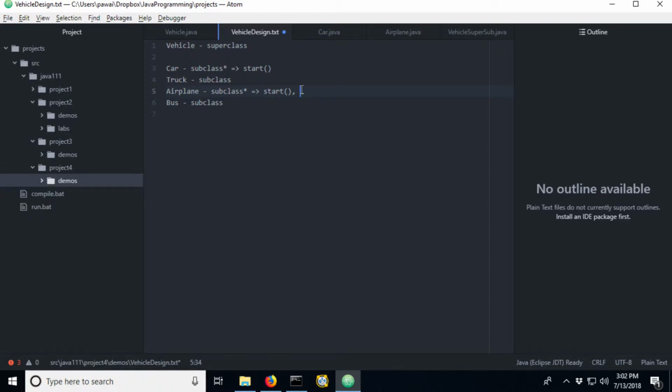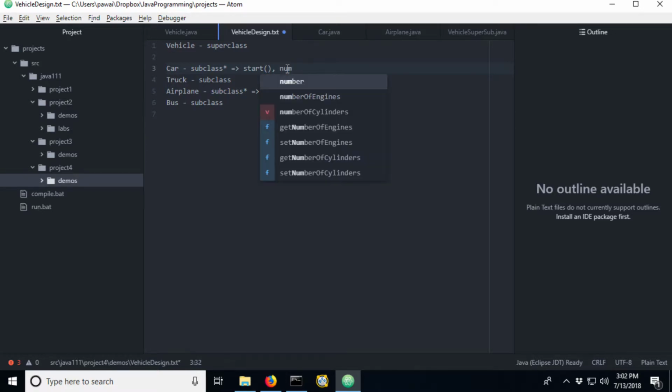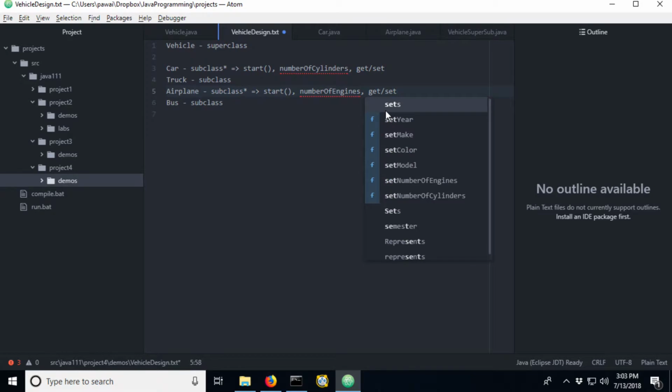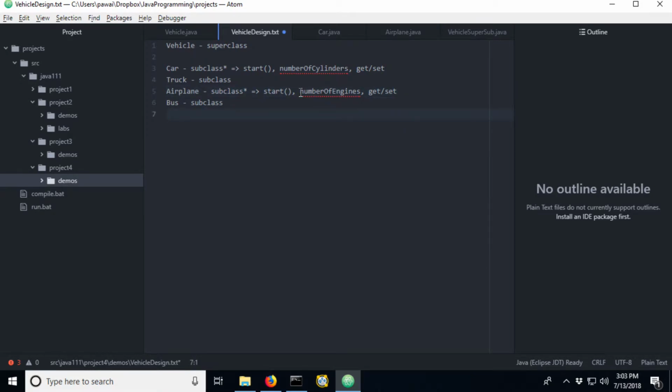So in this case, we had number of engines, and we had number of cylinders, and then get and set methods for each of those. So that wasn't just what we were overriding, but those were additional instance variables and additional methods. The only thing we overrode there was the start. And so it's a little bit harder to have that kind of tree example here, but the subclass notation here indicates that there would be an arrow coming down from vehicle to car, truck, airplane, and bus.